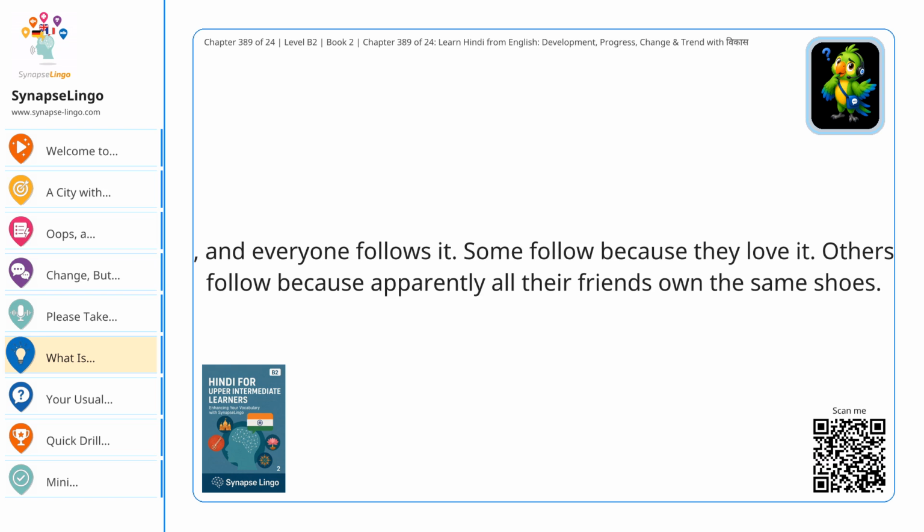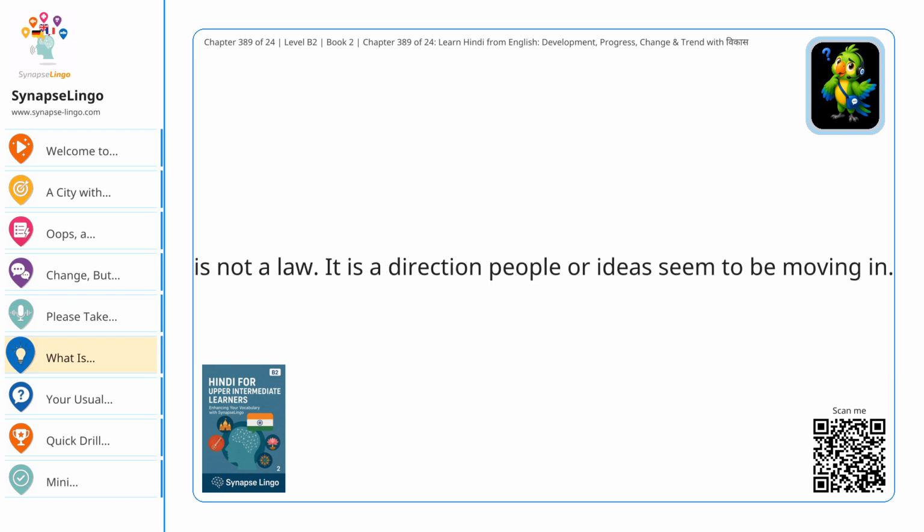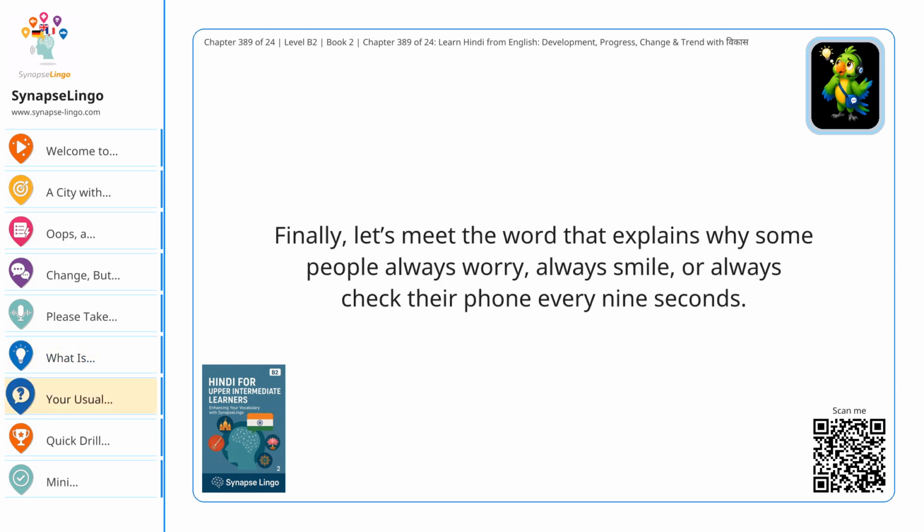Some follow because they love it. Others follow because apparently all their friends own the same shoes. A रुझान is not a law. It is a direction people or ideas seem to be moving in. Your usual pattern. Finally, let's meet the word that explains why some people always worry, always smile, or always check